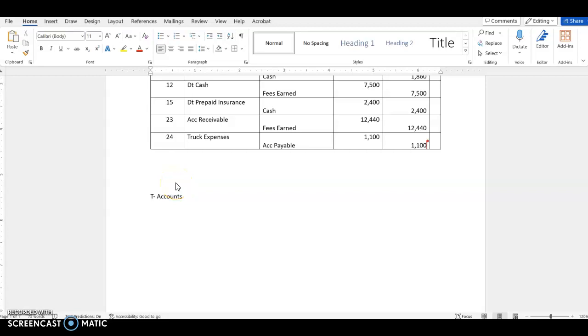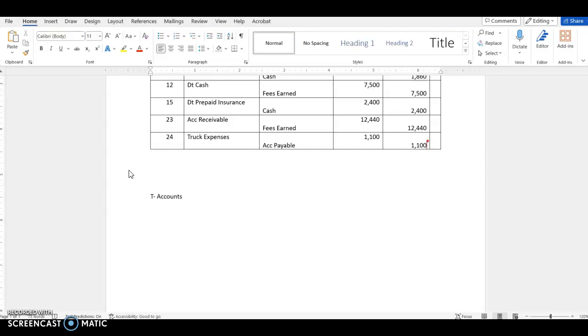Okay, we proceed with the third video, and this time we proceed with the T accounts. For T accounts we're going to prepare several T accounts, and as guided in the exercise,